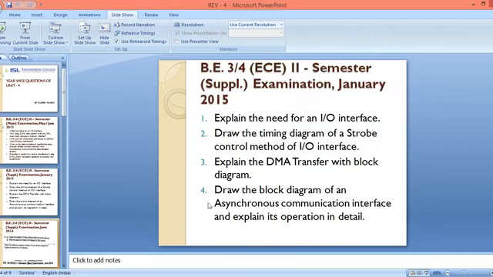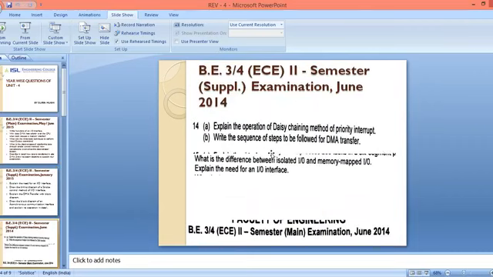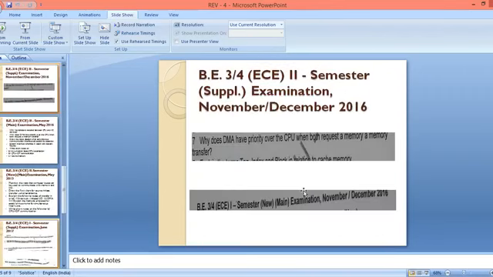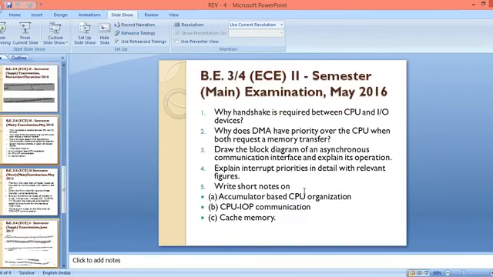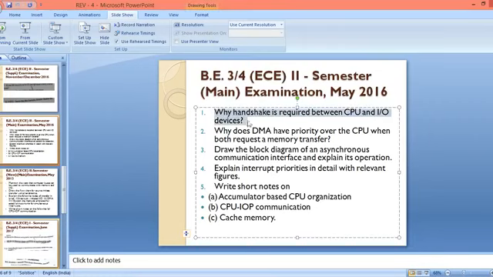Okay, next question is asked on this topic. Here also not asked. Now, why is a handshake signal required between the CPU and IO device? This handshake signaling will enable good communication between the two things, IO devices and processor, and it will not lose any data. That is the main advantage of this particular handshake signal.